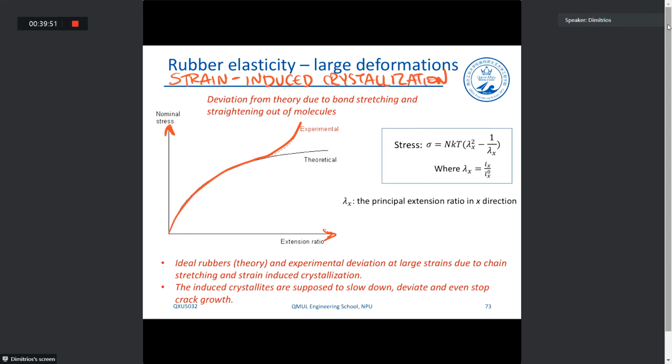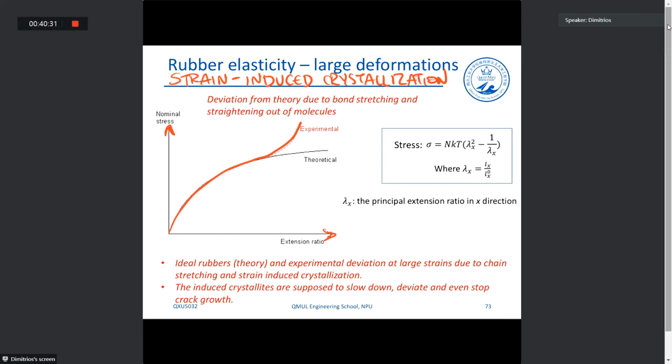Because in elastomers, the chains are able to elongate a lot, as they have a low amount of crosslinks and a lot of free volume in there. Because the chains can elongate a lot, at a certain point, the chains come close to each other, and then intermolecular interactions take place between the chains, and we have the formation of crystalline regions. Okay, formation of crystallites at large strains. Okay, and because these crystallites are able to slow down, deviate, and even stop crack growth, the actual